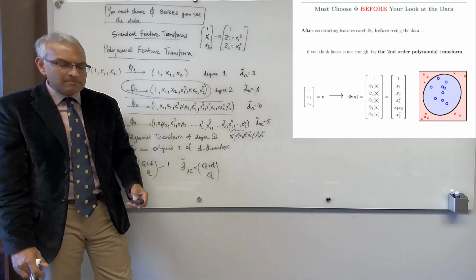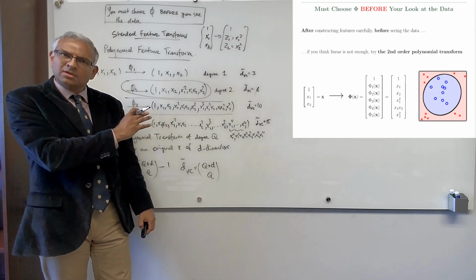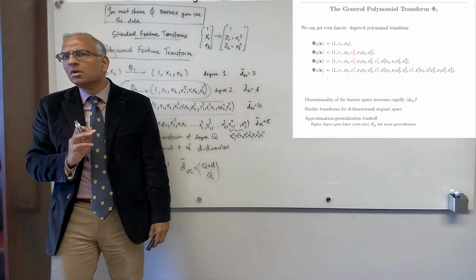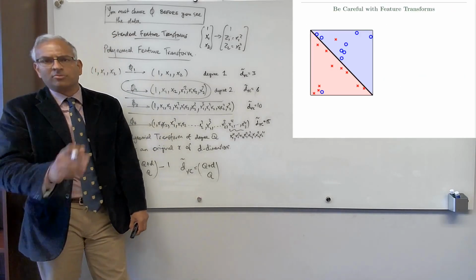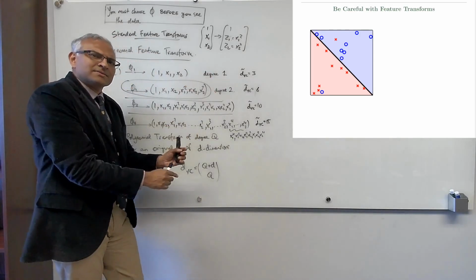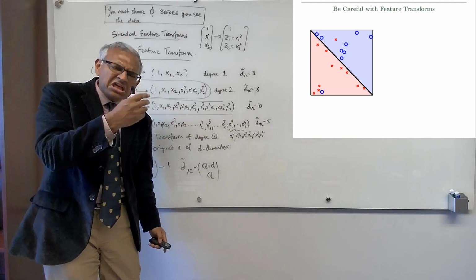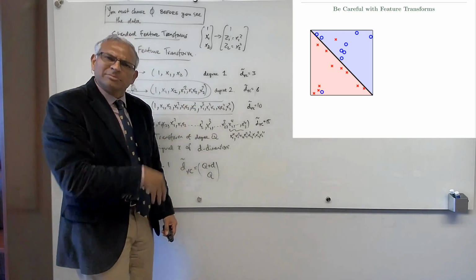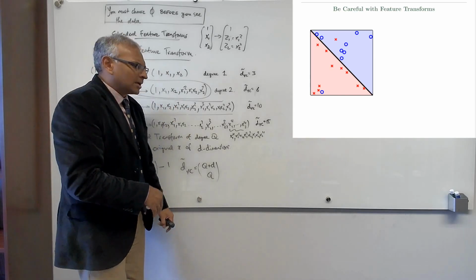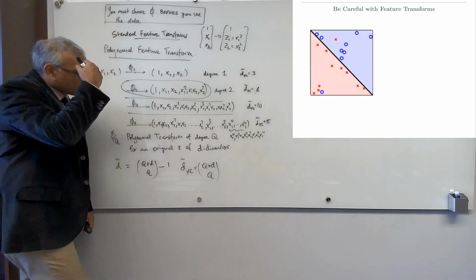Now, I just want to show you that in the polynomial nonlinear feature transform we have a real monster. So you have to be careful when you use this polynomial feature transform. Let me illustrate with this example. Remember I showed you earlier 2 cases of non-separability, and this is the one where we said, well, here it looks linear, so let me tolerate the error and use pocket, and I'll get 2 errors, E_in of 2 over N, and my E_out will be nice and tightly linked to E_in. So you might think, well,